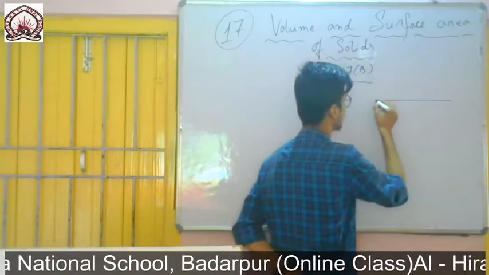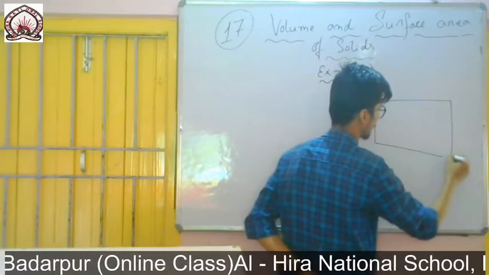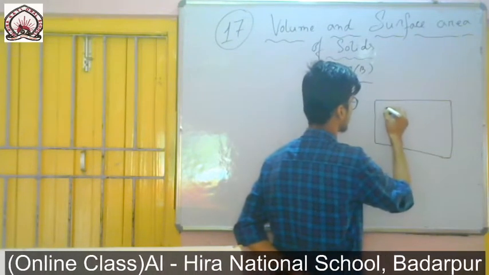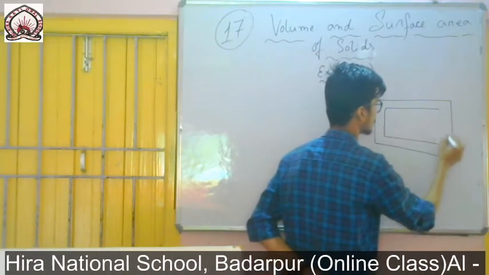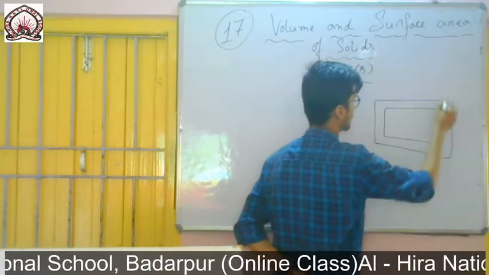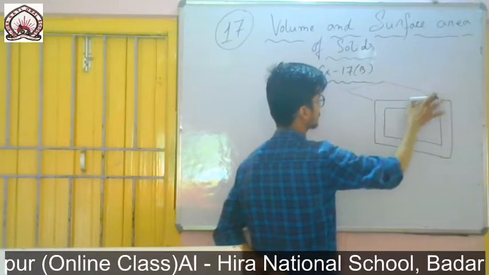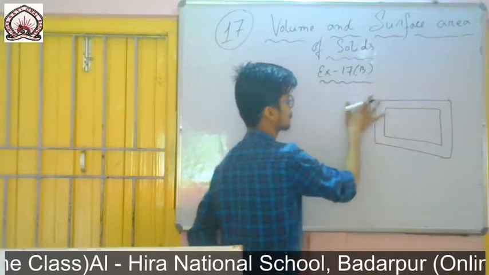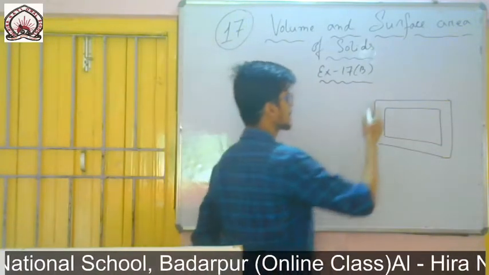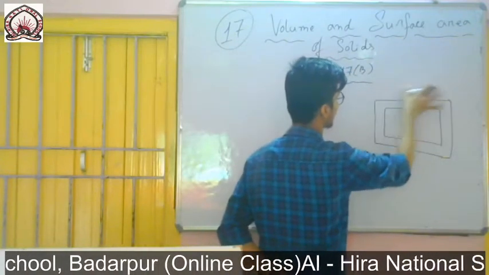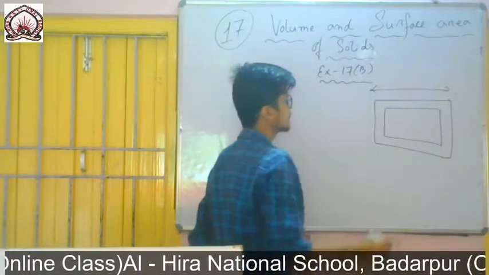So I am just drawing the upper portion of the box, the front side. It has a thickness like this. I am not drawing the full box, it will be like this box, only I am just showing you. So external dimension means this one, external full from here to here, and internal means this one.